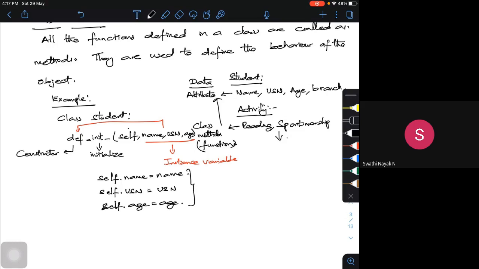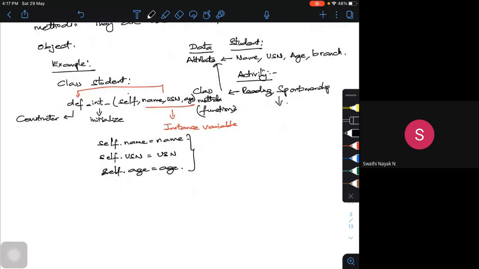Now I want to use this. I want to tell that this particular name has so much percentage, and a person with this USN number is of 20 years. If I want to do that, I can use one more instance method. What I'm going to use is a class method, say reading, sports. Reading means studying will come. So its reading, or its ability to study, I can evaluate with the percentage of marks he may be getting.